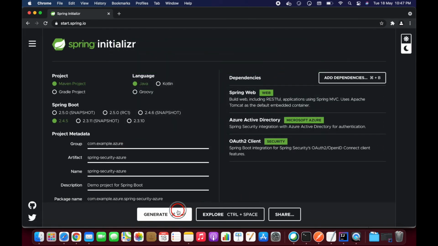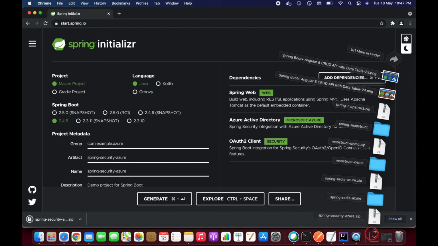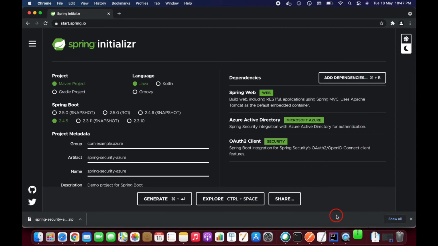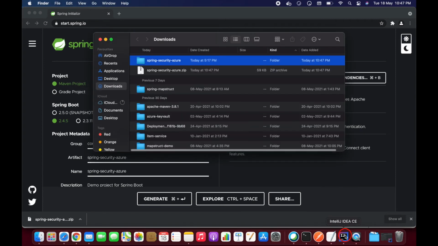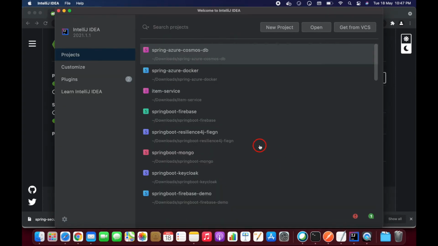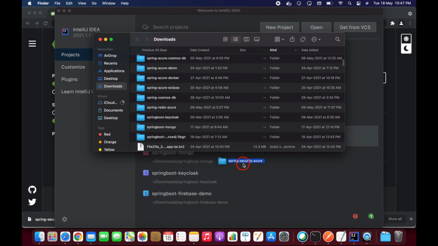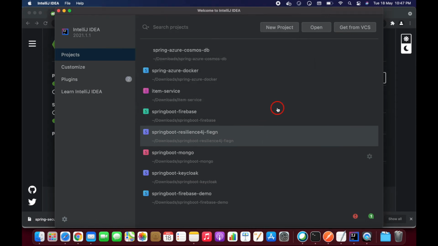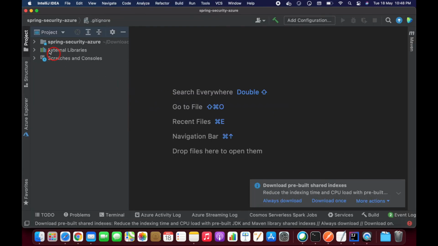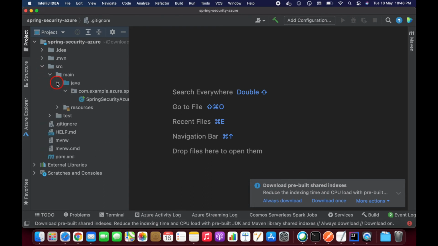That's it, guys, you can just generate this project. Generated successfully. Let me import it into my IDE. Successfully imported into my IDE, guys. Go to the source folder, Java.